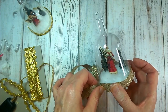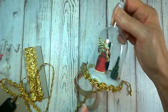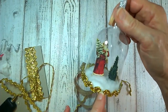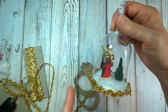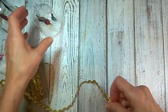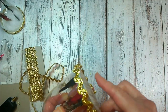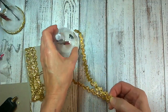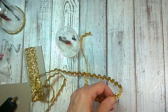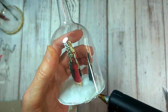Kind of wonder, maybe I should make one that looks like that. I don't know, I kind of like this gaudy rickrack because it's very vintage. It looks like it's an old ornament. And I think that's what I'm going to use. So I pre-measured about how much I need, so I don't have so much to work with. There we go. I'm just going to put another line of glue